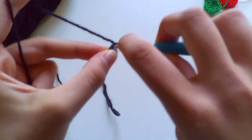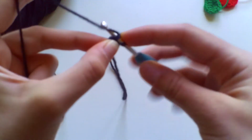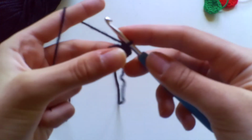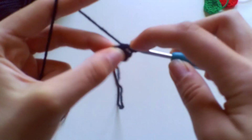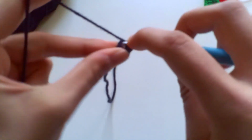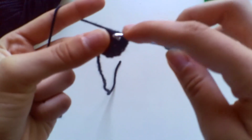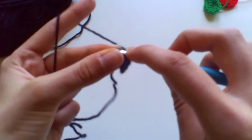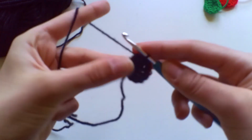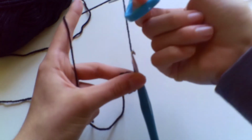So into the first stitch, work 2 double crochets, 1, 2, into the next stitch, another 2 double crochets, all the way around until you have a total of 12 double crochets, or you've worked an increase into every single double crochet. Then into the first double crochet of the round, work a slip stitch, chain 1, and you can cut off your yarn